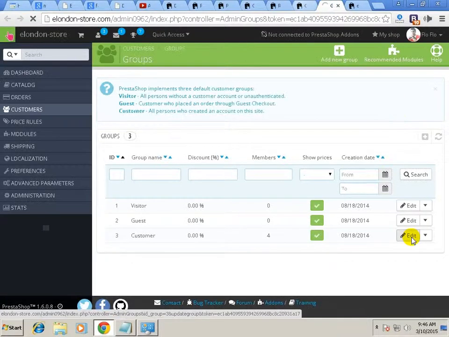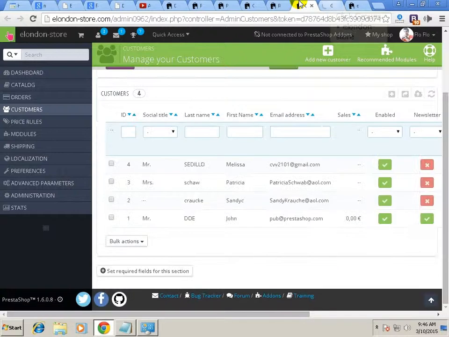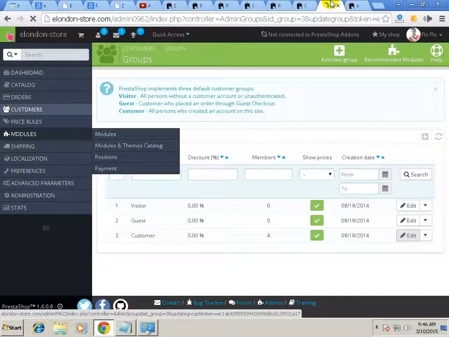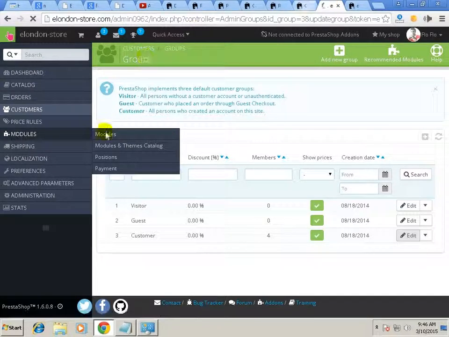The other important part is modules. Modules, and one second, I'll show you modules. If you click on edit, you will get the information of all the four customers. You should get the information of all the customers. The only problem with PrestaShop, sometimes it takes a very long time to load. Okay,